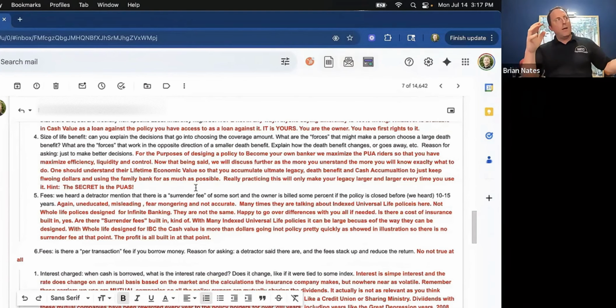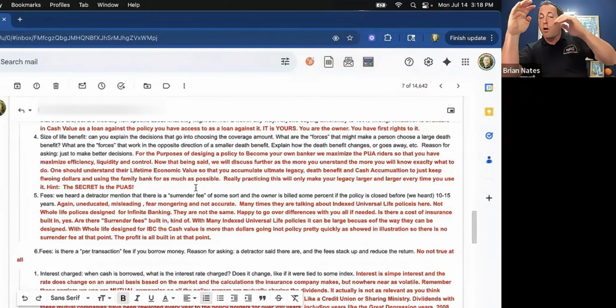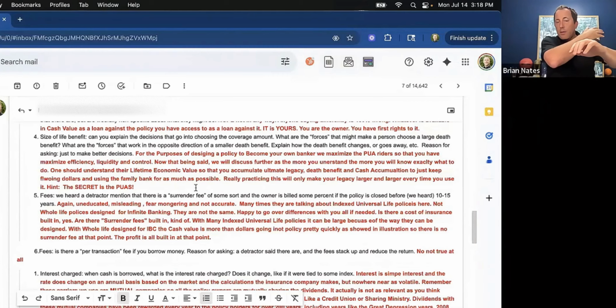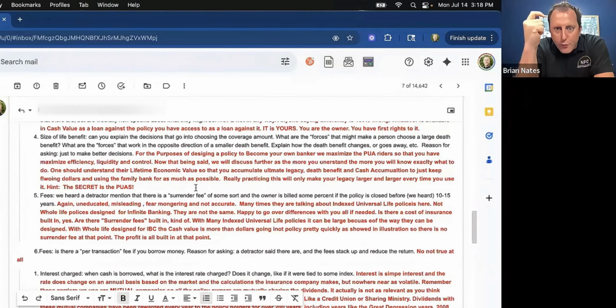And because of that, the dividends are even causing more paid up additions, which is causing more death benefit. And so if that's constantly going up and your cash value is constantly going up, hypothetically, even if you used all of it and the death benefit now took care of it, wow,